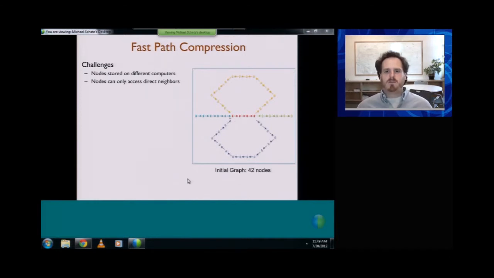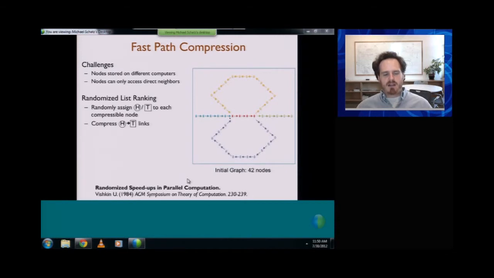so that we can have some sort of order to this. Now, trying to compute an exact bracket on top of this is actually a very hard problem to do in itself, but we can use a technique that goes back to the 80s that will allow us to apply a randomized bracket to all these different nodes so that we can structure the computation very, very efficiently. So the idea is for every one of these nodes, we're going to flip a coin. We're going to assign heads or tails to each node.